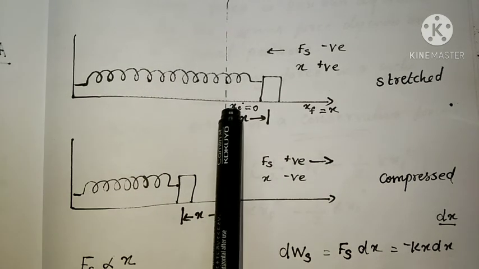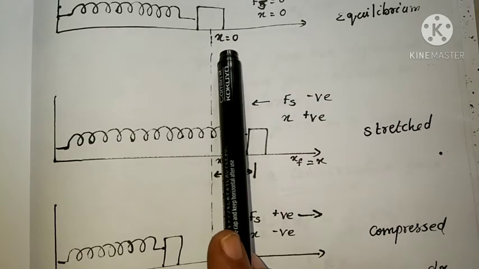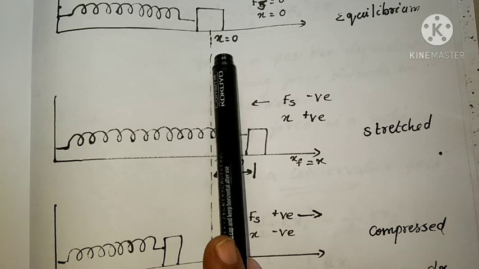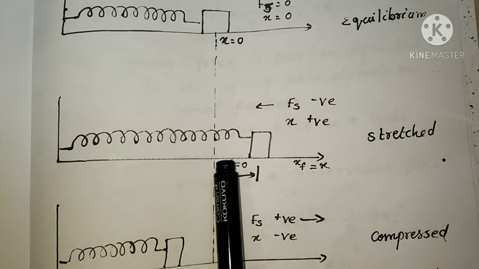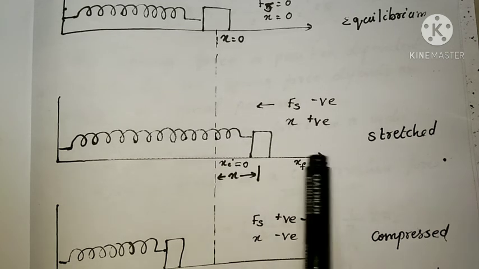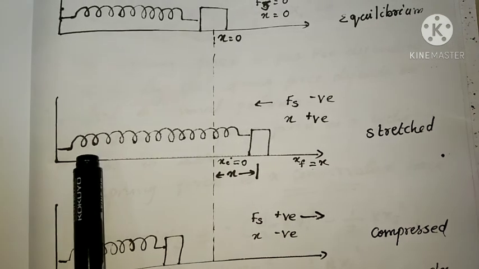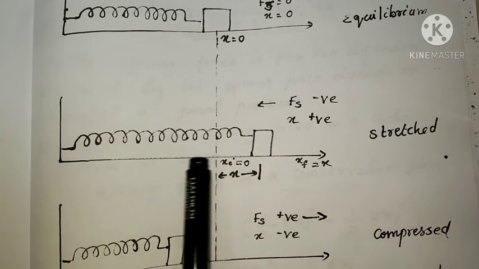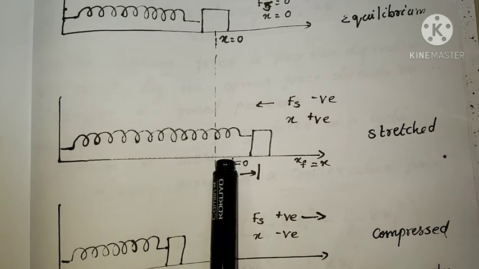But at the equilibrium position, what is the equilibrium position? X equal to 0. So in the equation U equal to half k x square, potential energy is 0 at the equilibrium position. Kinetic energy is maximum because the spring moves through the extreme position, moves through the equilibrium position and then reaches the next extreme position. So the velocity is maximum, so kinetic energy is maximum at the equilibrium position.